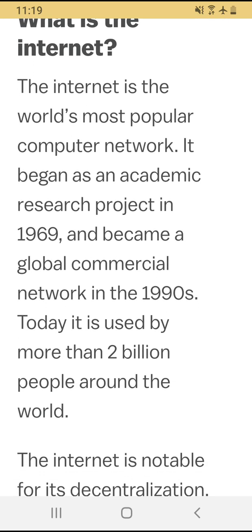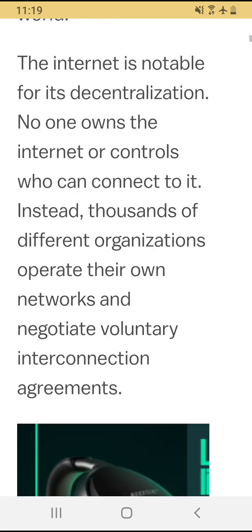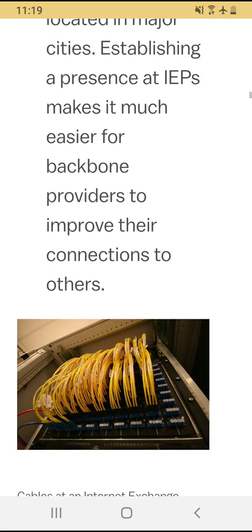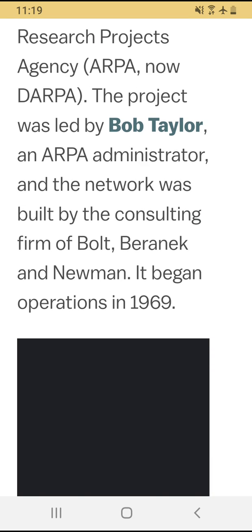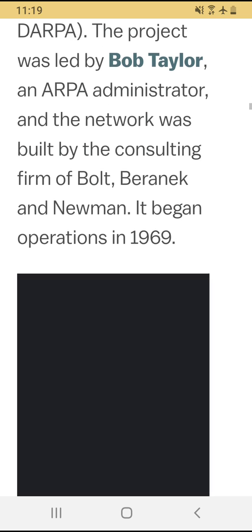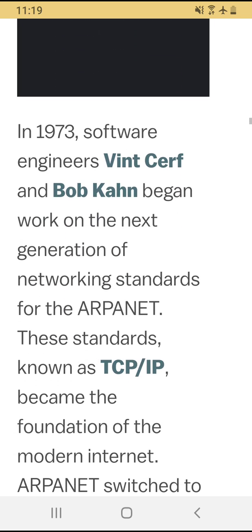Let's go back down. All right, so the project was led by Bob Taylor, an ARPA administrator, and the network was built by the consulting firm of Bolt, Beranek, and Newman. It began operations in 1969. Okay, and that's ARPANET.